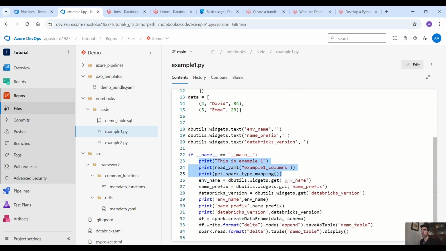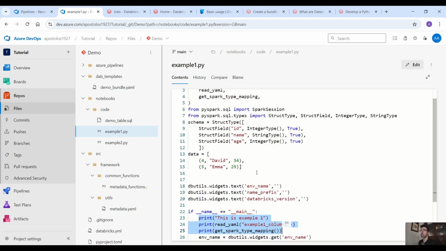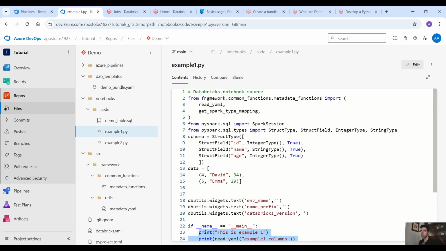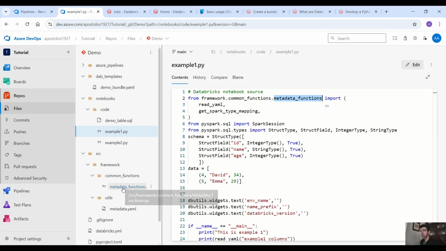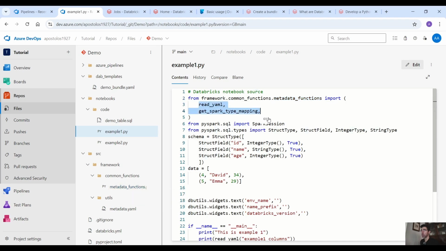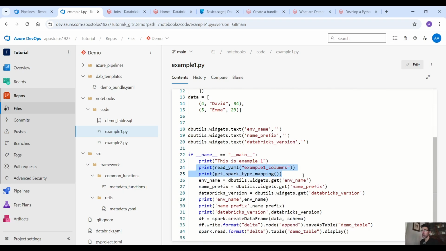I just wanted to show you from a technical perspective how you build and define a Python wheel using Poetry, and then use it in your Databricks code. So you import from framework.commonfunctions.metadata functions. As you can see here in the py file, we import the functions and then we print the results. And then the last thing I want to point out, and the main thing of this tutorial, is